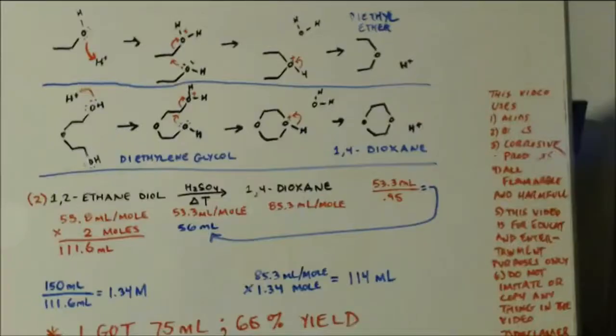This is John Black, super chemist, here to make some 1,4-dioxane. Before I get into how to make that, I want to go over how to make diethyl ether. Okay, this is the